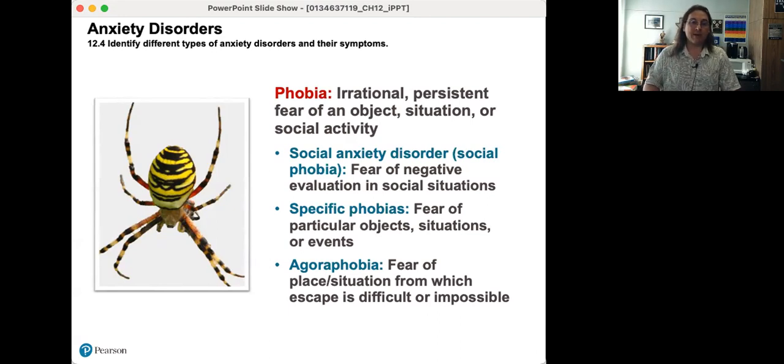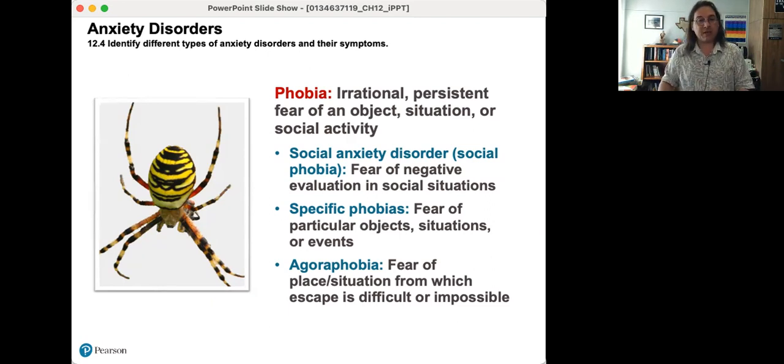It's usually a secondary phobia that occurs because somebody has panic disorder or a tendency to have panic attacks in public spaces. So mixing that social anxiety with panic disorder creates agoraphobia,